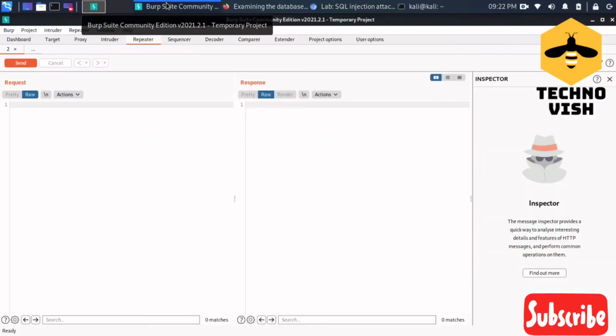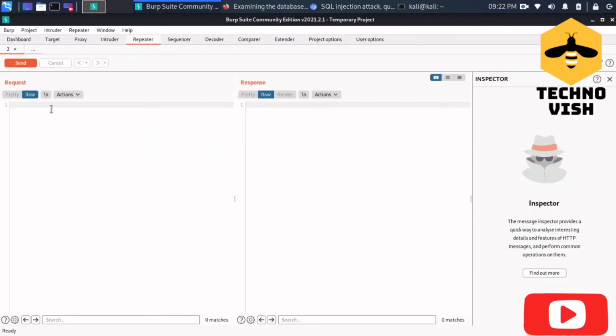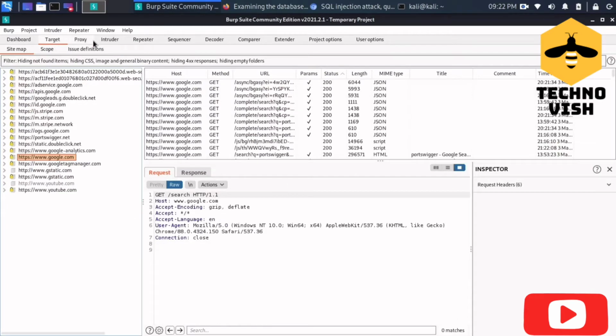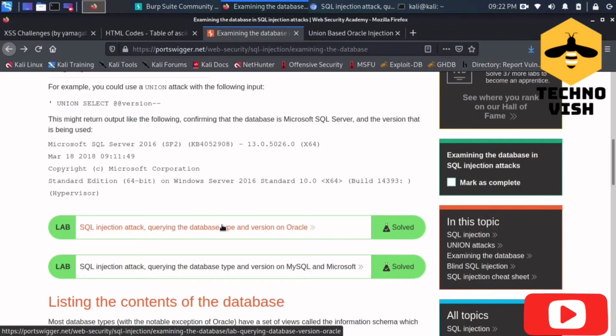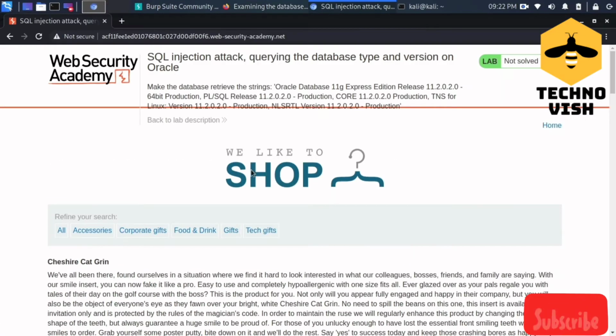And you guys need to have Burp Suite in order to intercept the request and response. So this is the main lab page.